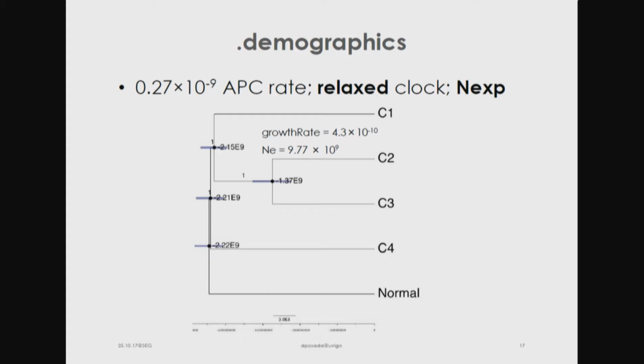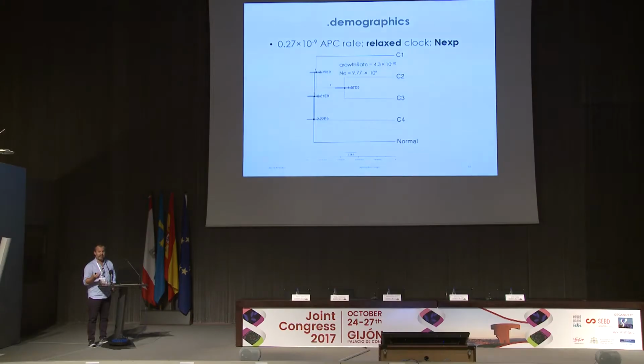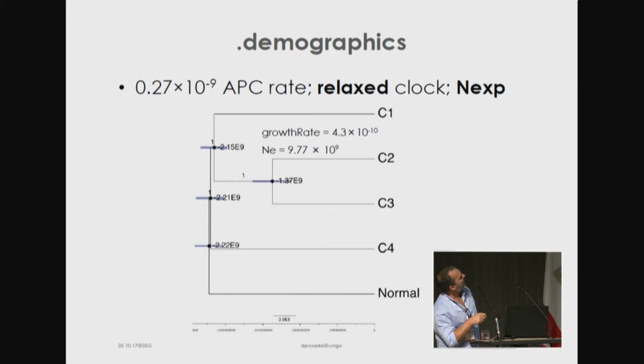We can also try to estimate time, divergence times, when at least the different clones separate in time. And this is an estimate using, again, a Bayesian method. We use a calibration for the mutation rate. Okay? This is from the APC gene. There are cell line experiments that suggest this might be a reasonable estimate. And then this is the center of our prior for our Bayesian estimate.